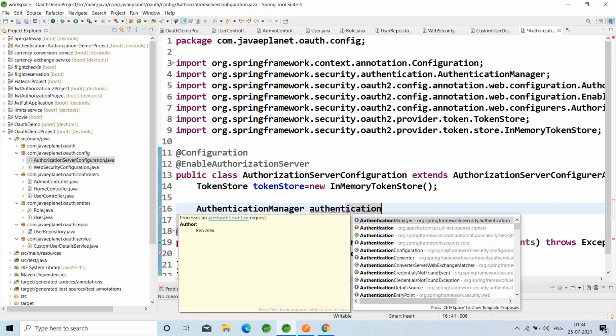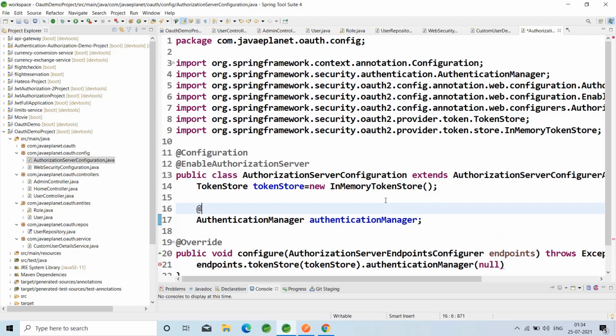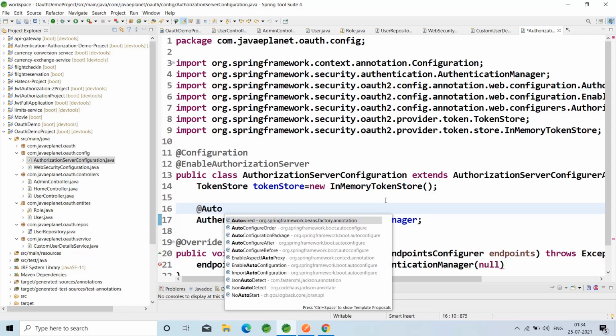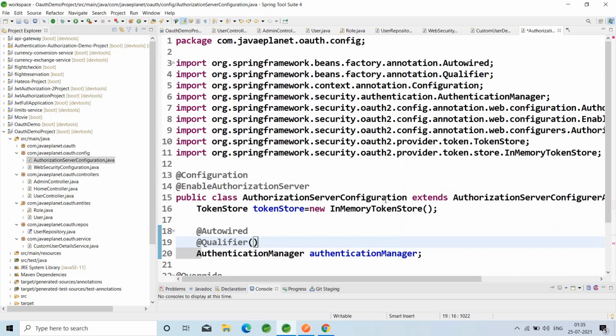AuthenticationManager, autowire this and add the qualifier, because internally this authentication manager is named as the authentication manager bean.